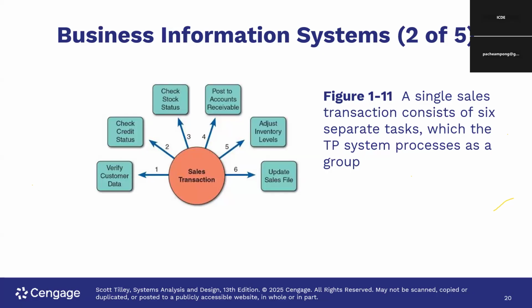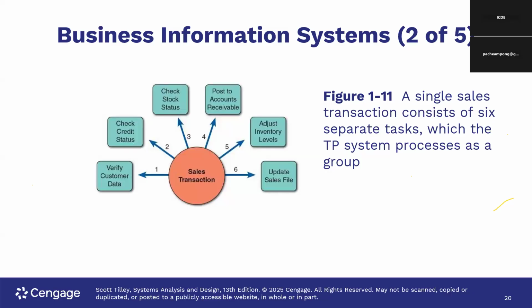So for instance, you go to a mobile money agent to cash in maybe 100 cedis. What will the agent do? The agent will verify your customer data, right? And then enter your number and then the amount you want to withdraw or input into your system. Then the system immediately checks if the agent has enough money, right? That's to check the credit status and see if it's there, right?